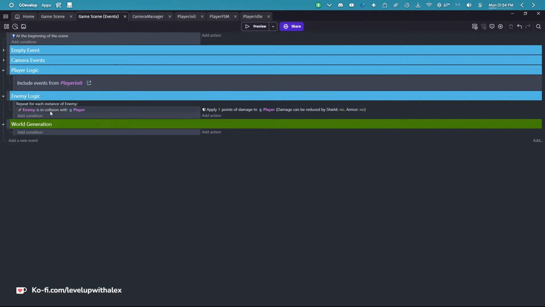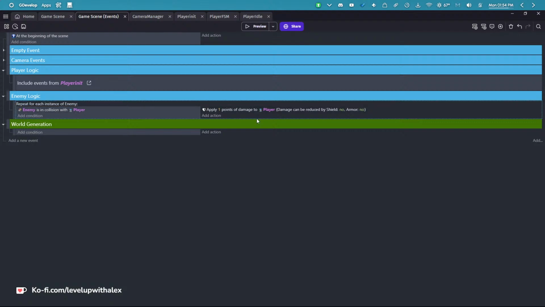Now, on the enemy, we don't really need to do that. I think that just the standard collision with the enemy group, or enemy 1 is in collision with the player, then apply the point of damage. But this one is instance based, so this one is basically already saying for each group of enemy, because it's in a group, and they're in collision, apply a point of damage. But if something happens and they overlap and only one of them does damage, that's because you need a for each. But this is generally for coins. So I was just showing you